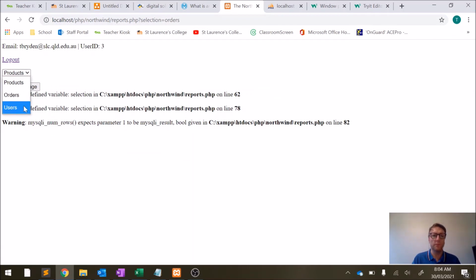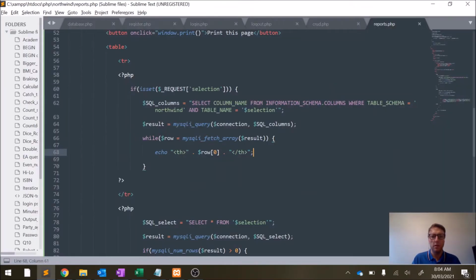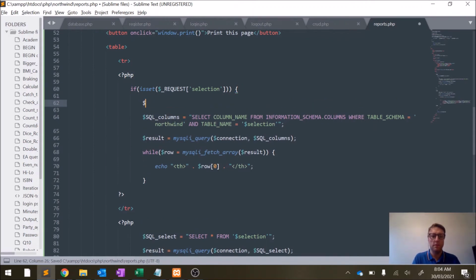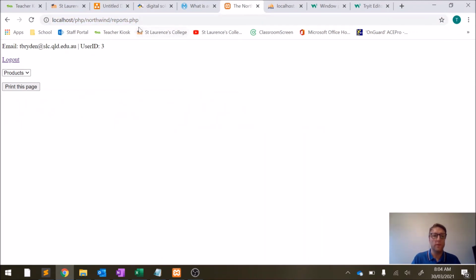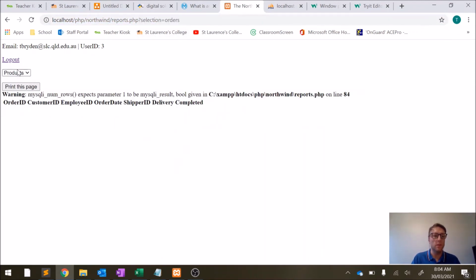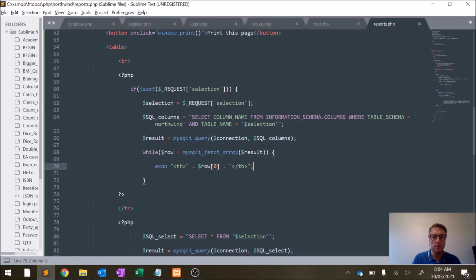Still getting the error. That's because I haven't set the variable equal to this. Just testing you. Try that one again. And we'll set it to something, and we get our headings for our columns or fields for users and orders. Not for products. Now that is because when the page loads,